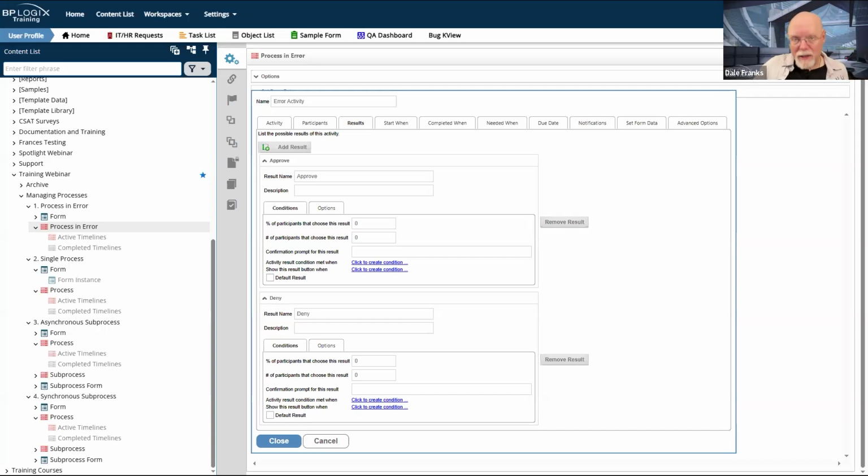All the other activity types have their own built-in results, and they don't care about what users do or don't do. The user activity is a different sort of bear, and it needs an activity result because most of the time you have conditions in other activities or conditions on the form or looping conditions or whatever that are trying to evaluate the results of the activity.